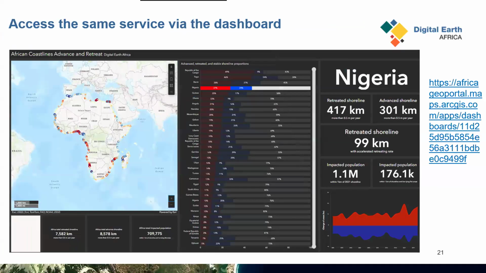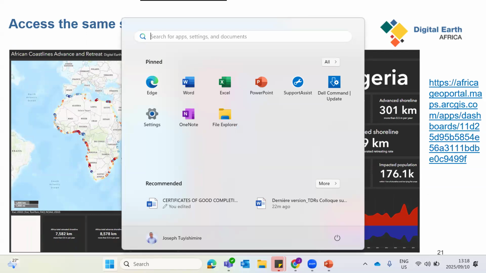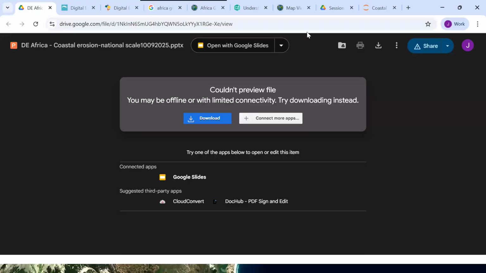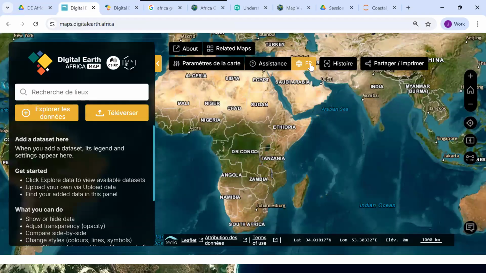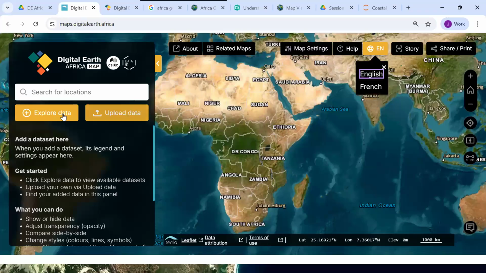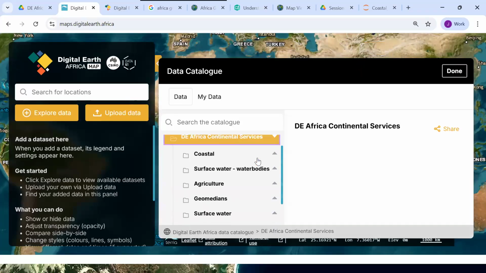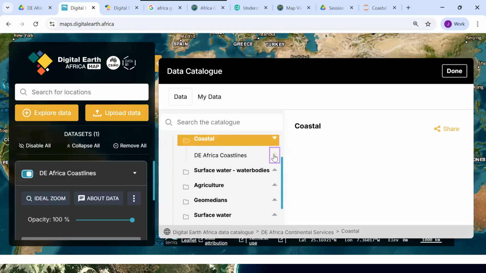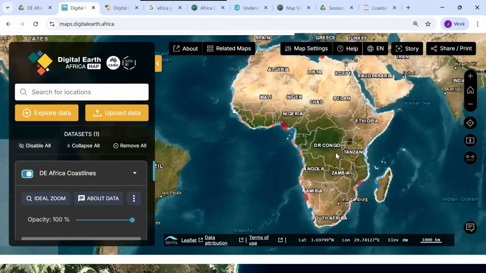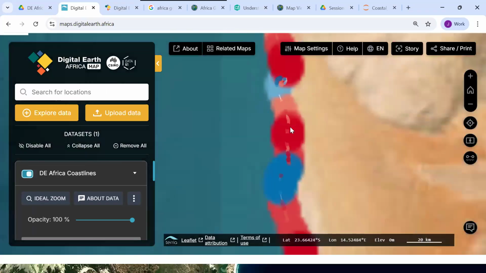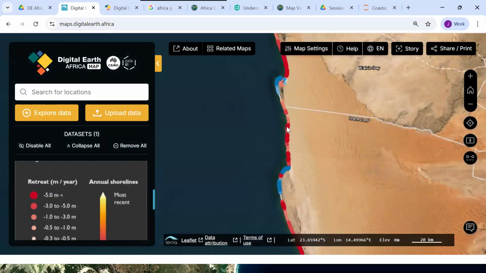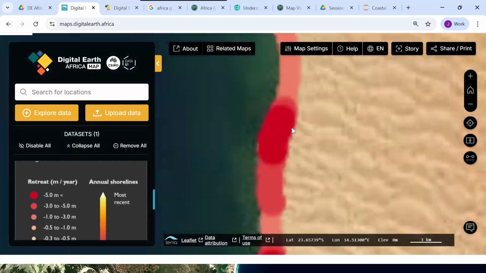So if I go to our platforms, I said at the beginning that our coastal erosion service is available within all our platforms. If I start by explaining the datasets, I can use the maps, South Africa map, and you see that we have the coastal erosion. And if you go down here, the coast of Namibia, for example,